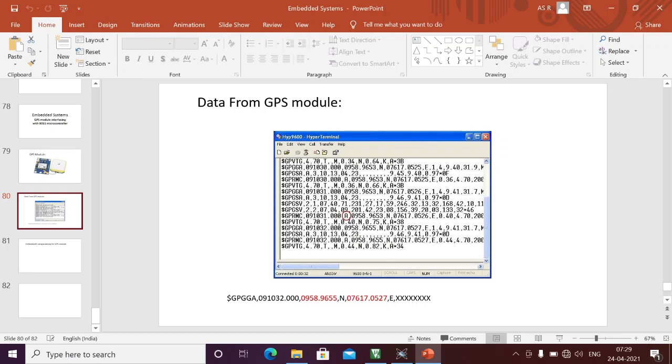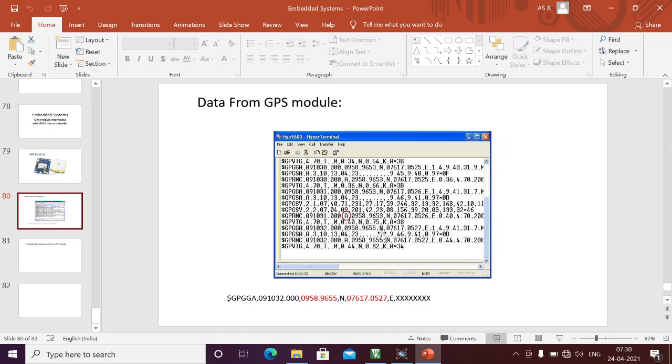I see repeated data is always coming from this GPS module. Here, if you see $GPVTG, the next row is GPGGA, the next row is GPGSA, next GPRMC, next GPVTG again. The same data is repeated from here. These four rows are always repeated from the GPS module, and we should pick up only this GPGGA row, and also only the longitudinal and latitudinal data.